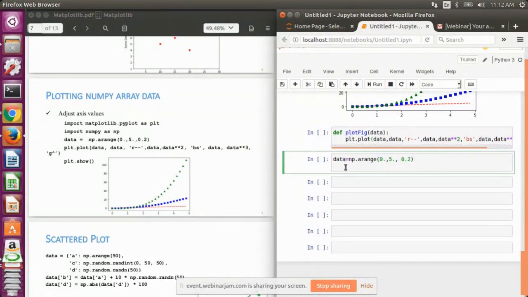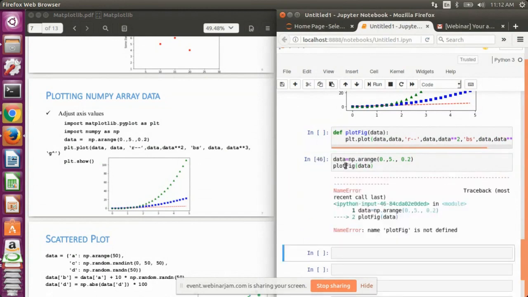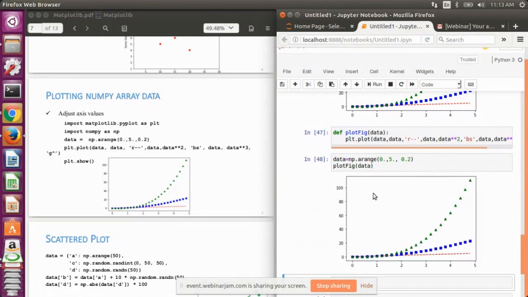We call plot fig and pass the data. Let's see. So you can see we are getting the same output.